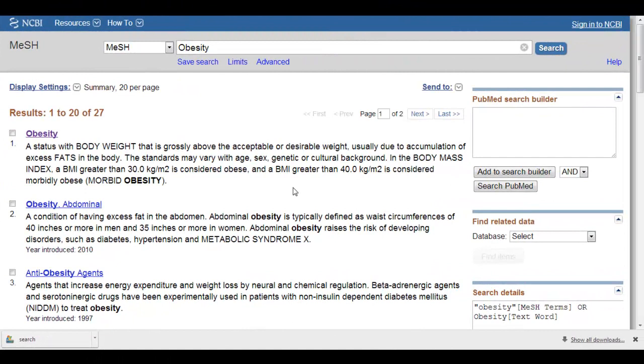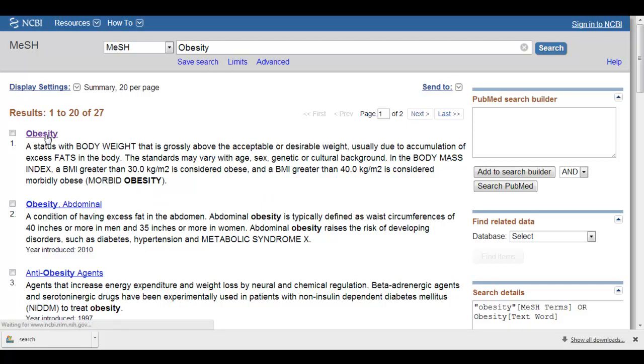In this video, I'm going to discuss a couple parts of the MeSH record that might be useful to you in trying to determine whether or not a term is applicable to a search you may be doing. Like going back to our example of obesity. You noticed I told you that when you look at the MeSH headings, they're returned to you in relevancy order. If you ever want to see the MeSH record for one of these, all you have to do is click